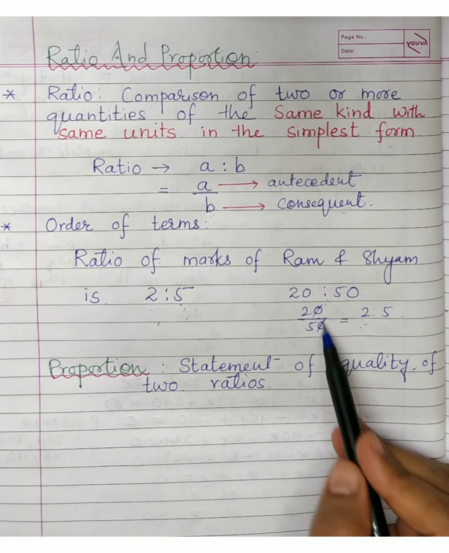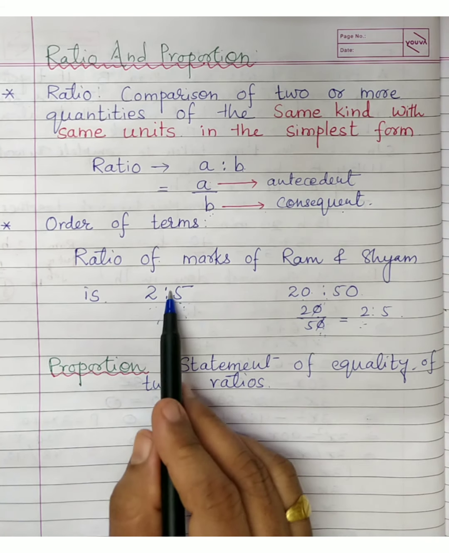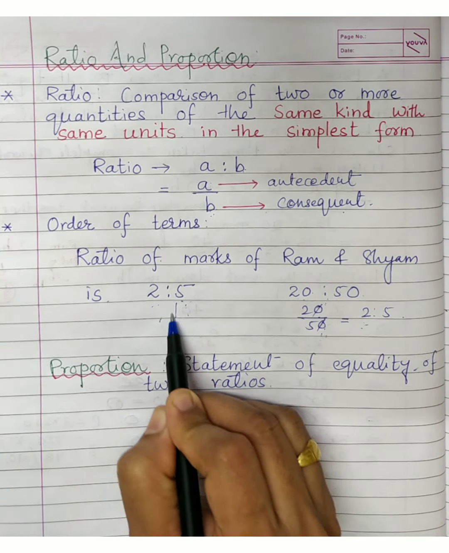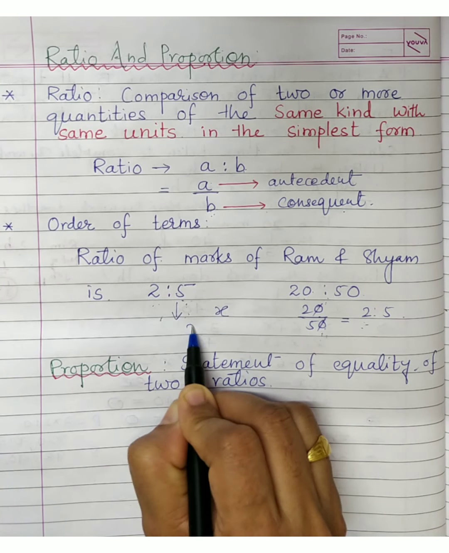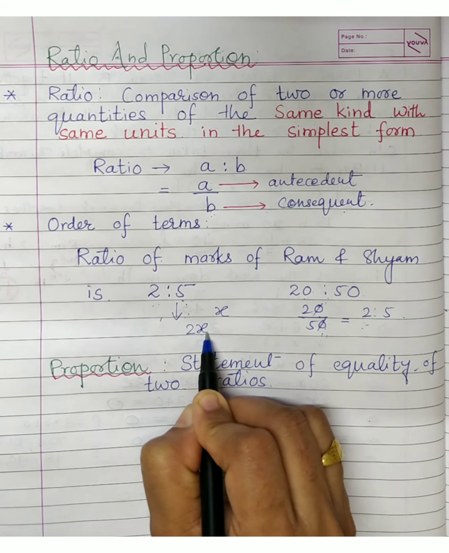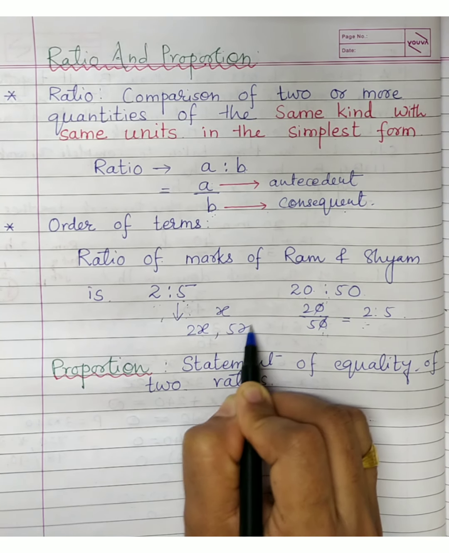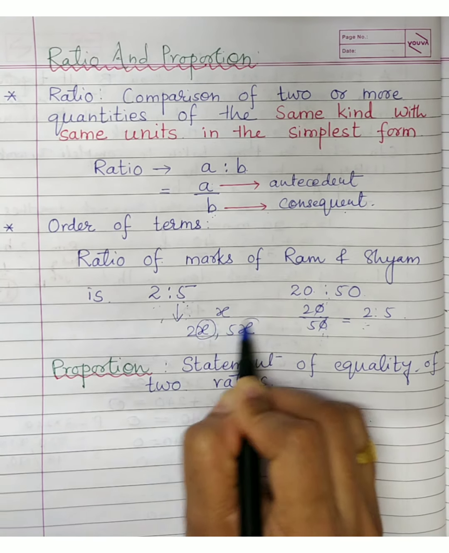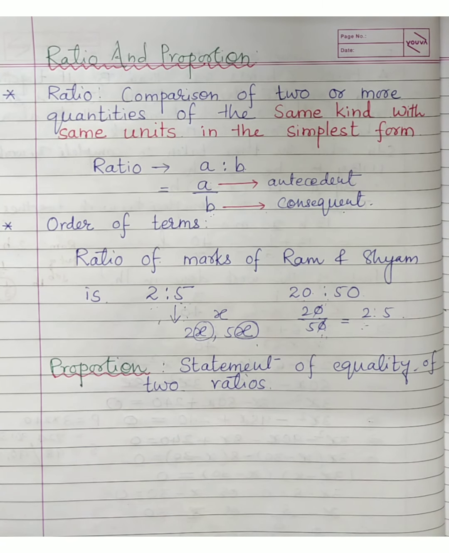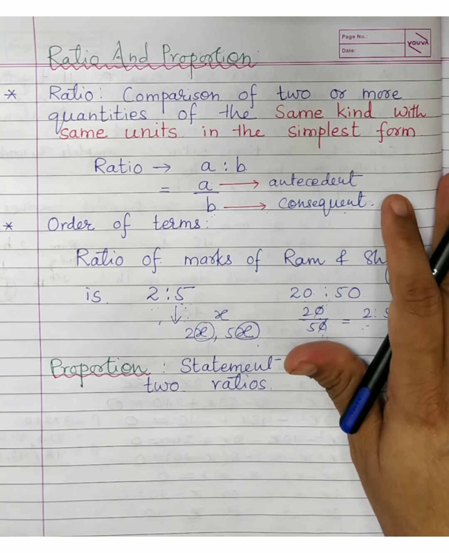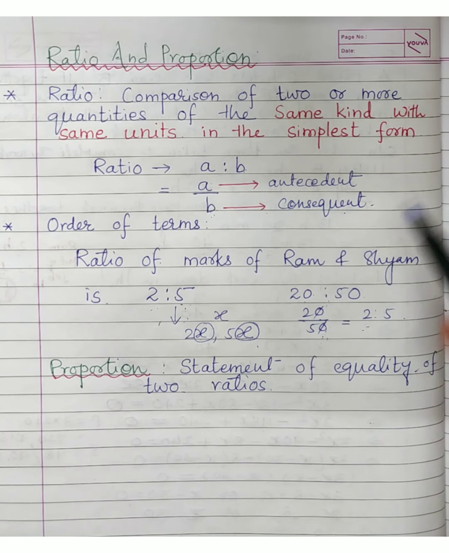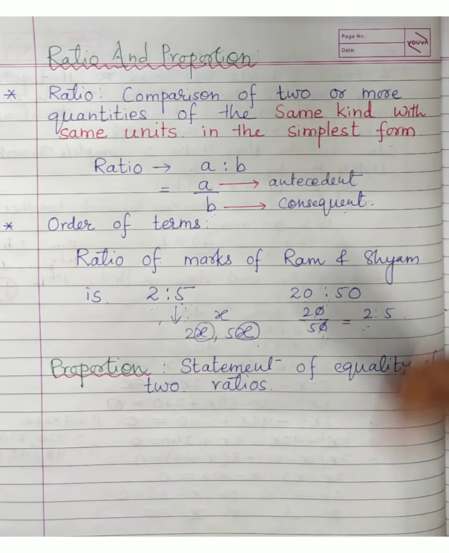And since the common factor is cancelled, suppose in this case I do not know what the common factor was, then if I assume it as x, the first person's marks will become 2x and the other person's marks will become 5x. You must have understood now what it is. We call it the common multiple here, right? Okay, so I think about ratio everyone has remembered everything you have studied so far. Let's go for another